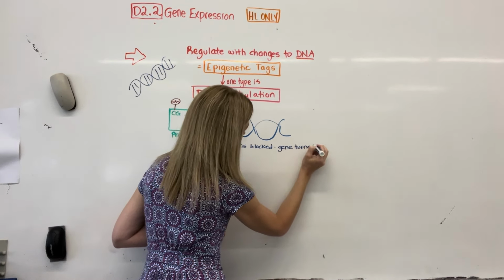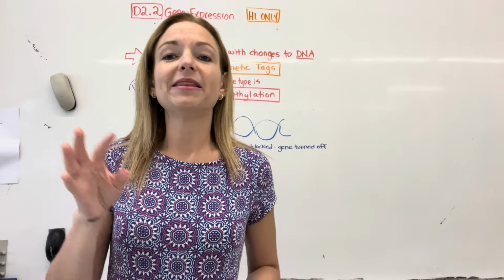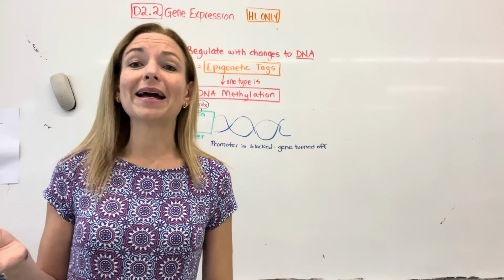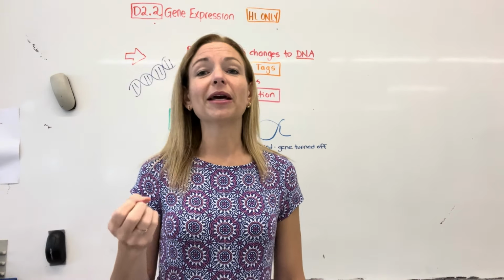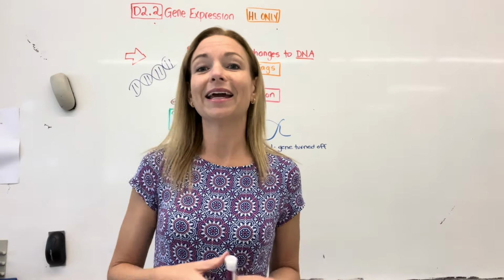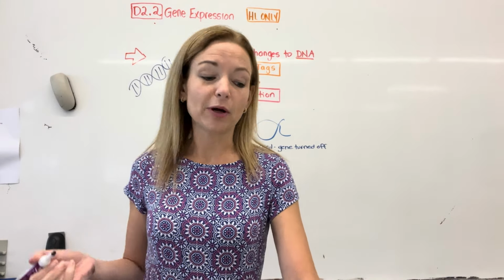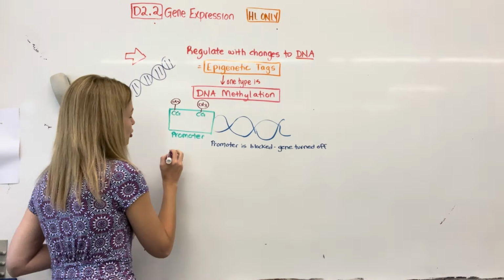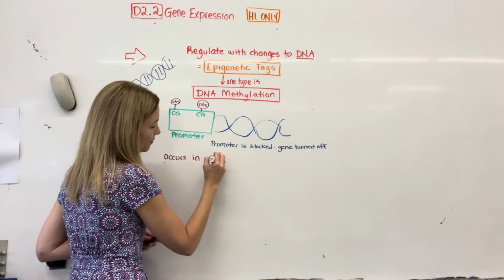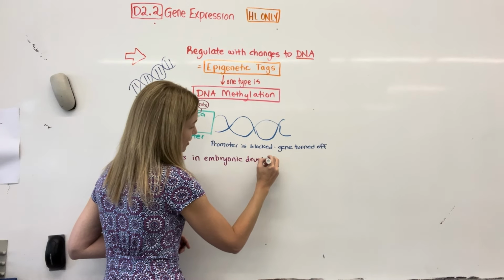So what is going to happen is that during embryonic development, this is going to happen, and this is going to lead to cell specialization. And cells can actually methylate up to about 90% of the genes. So as it's becoming a liver cell, it's like, I only need 10% of these, methyl. So I can methylate a lot of genes so that that certain type of cell can become specialized. So it occurs 2 times. It occurs during embryonic development, and when it happens in embryonic development, that is leading to cell specialization.